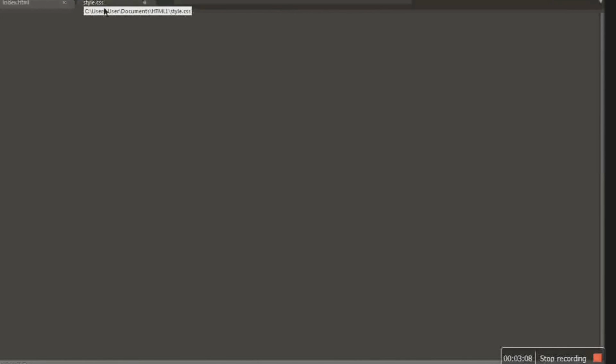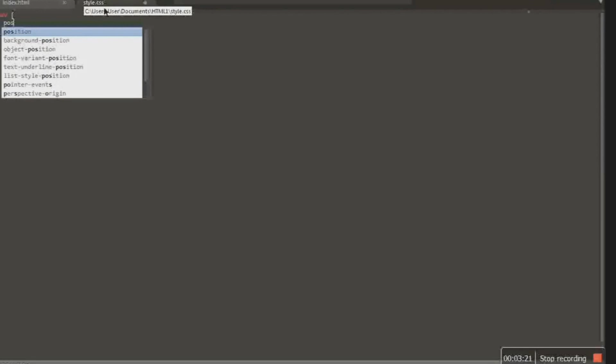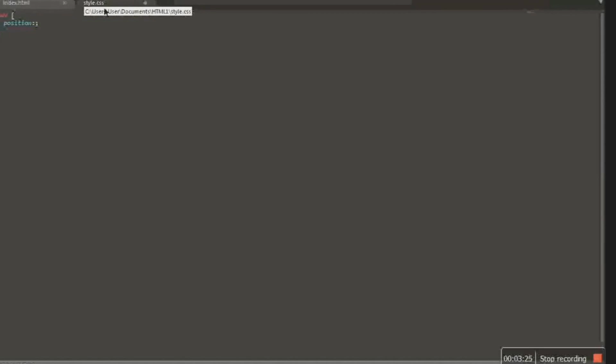Then let's go to the style.css. Let's style the navbar. Let's put position. Position should be fixed.